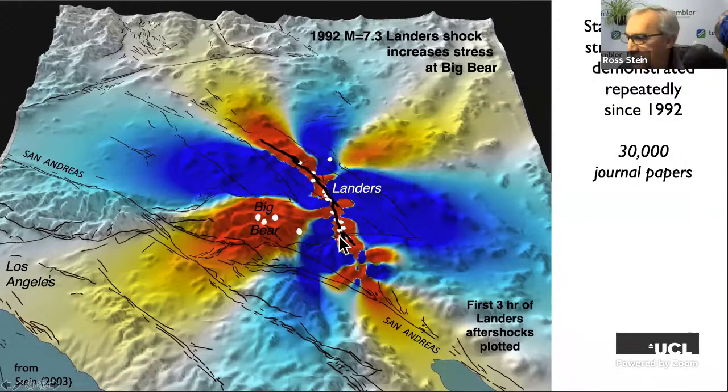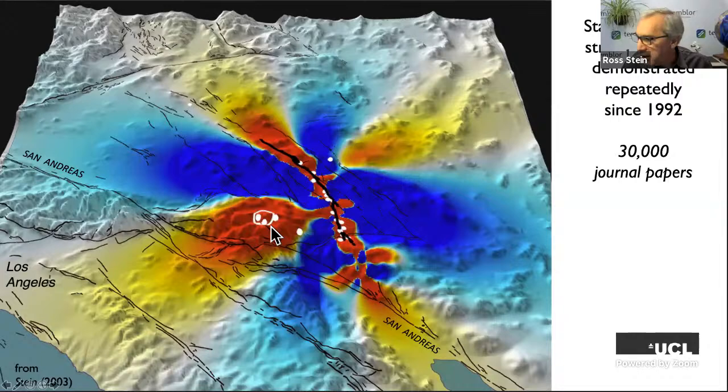And here are the earthquakes that occurred in the first 3 hours after the Landers event. So most of them are along the fault. And this is, by the way, optimally oriented Coulomb stress change receivers. But we see some early aftershocks in this zone, a few up here, one out here. Okay, what happens 3 hours, 8 minutes later is we have a magnitude 6.5 here. Now things start to get interesting.